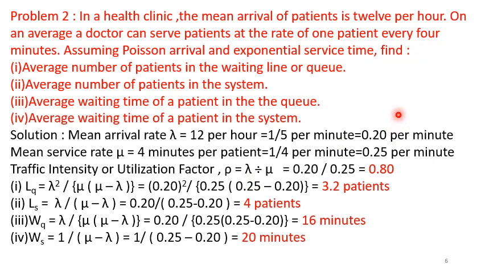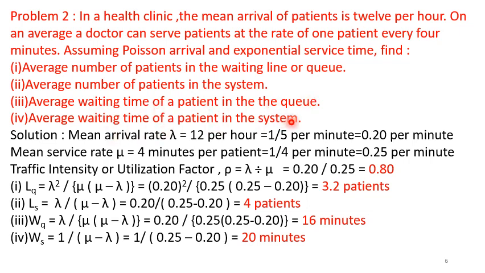Let us take another problem, a similar problem. In a health clinic, the mean arrival of patients is 12 per hour. On an average, a doctor can serve patients at the rate of one patient every 4 minutes, assuming Poisson arrival and exponential service time. Find the average number of patients in the waiting line of the queue,